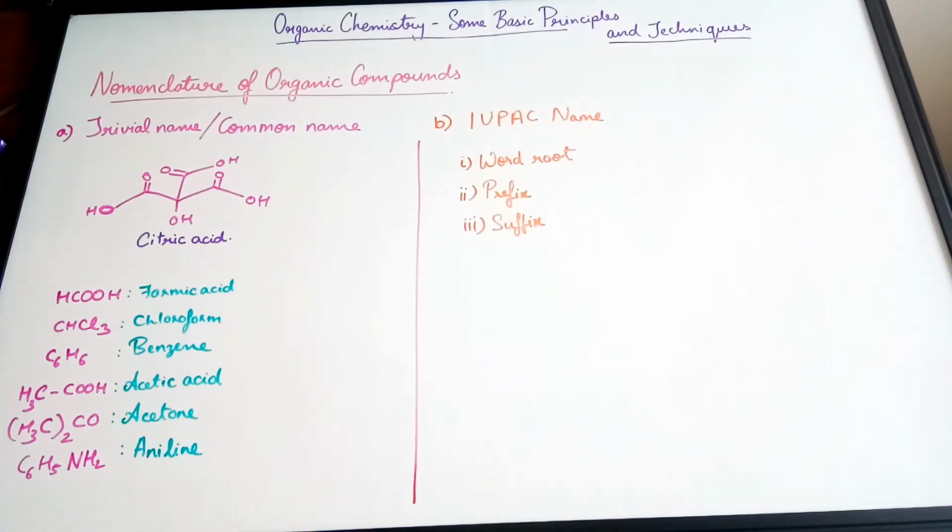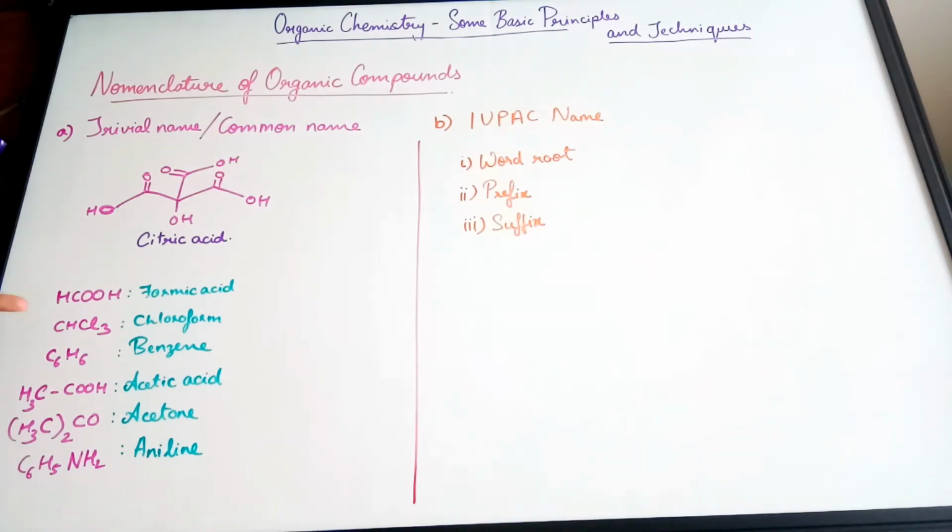So there are two types of names of organic compounds. The first is the trivial name, or a common name. A trivial or common name is given to the organic compound based on where it has been extracted from or where it has been obtained from. So citric acid, this is the structure of citric acid. It is called citric acid because you get it from citrus